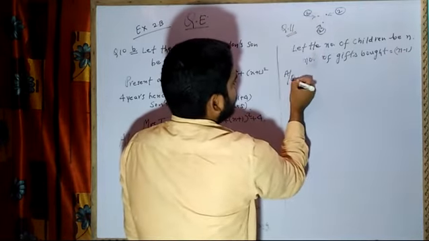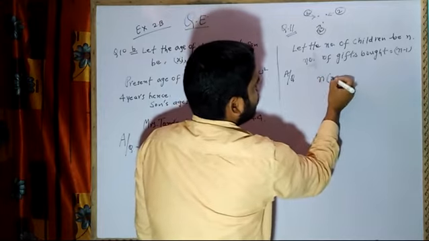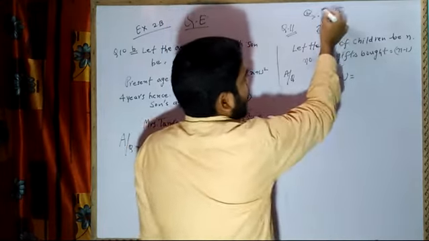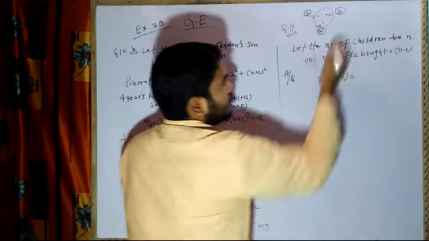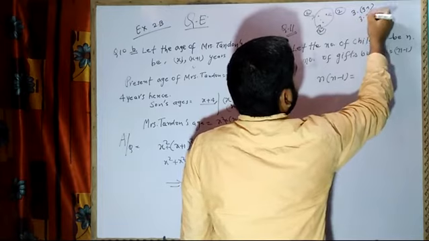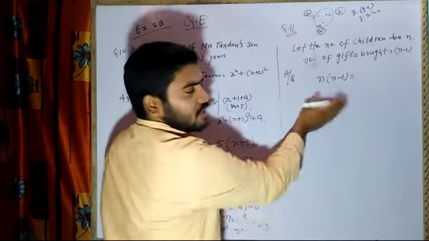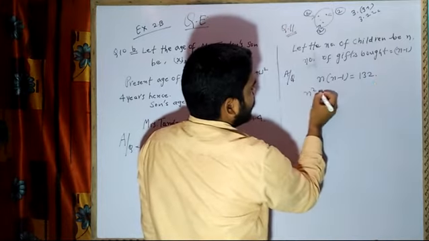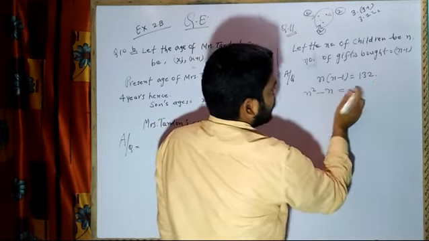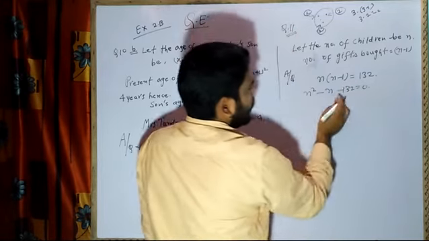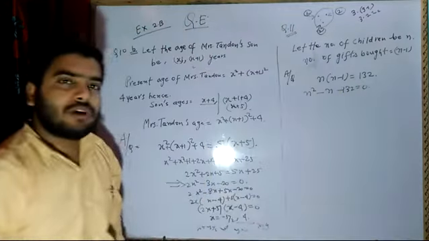Now according to the question, what is happening? Their product: 3 into 2 is 6, 3 children, n minus 1. Like here we have 3 children and 3 minus 1, that is 3 into 2, 6 gifts. Same way here, n into n minus 1 is equal to 132. So it is n square minus n minus 132 is equal to 0. Now if you break 132, you will get 12 into 11.